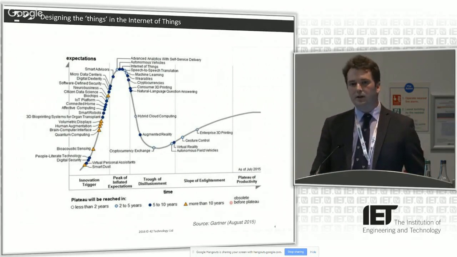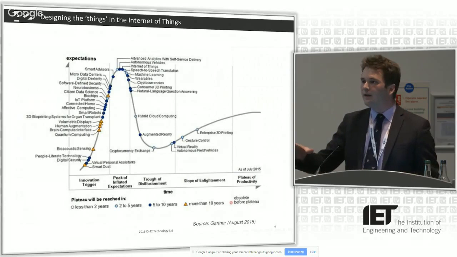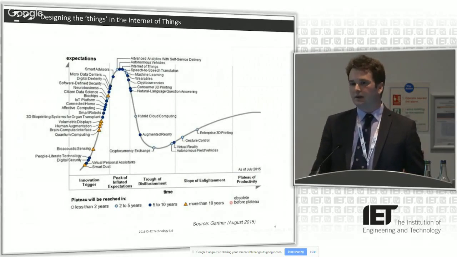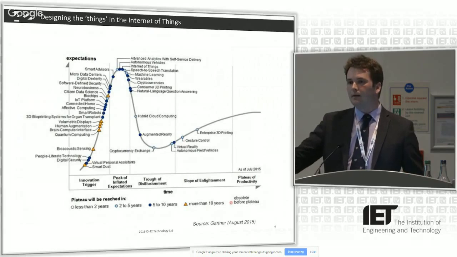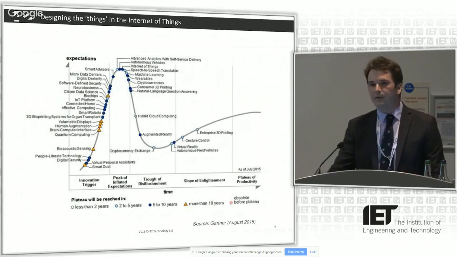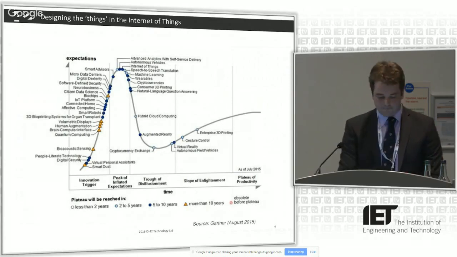Then people get used to the idea of using them within their home, because this is going to require new interfaces and new interactions with products. And once people get used to the idea of this stuff just happening, they'll be able to invest more faith in it. And then it'll start to reach the slope of enlightenment, and then eventually become quite a productive way of doing things.